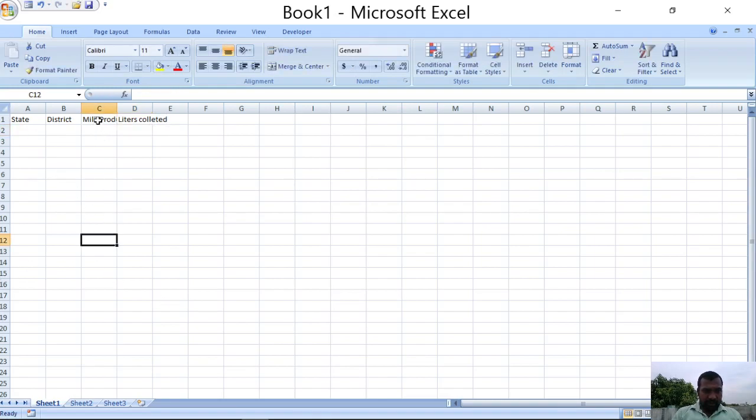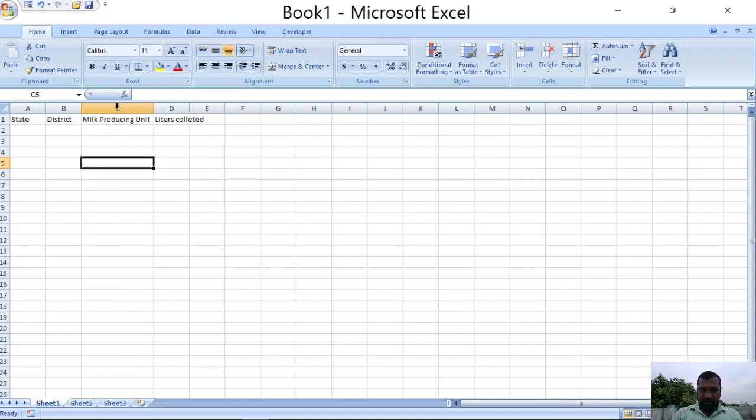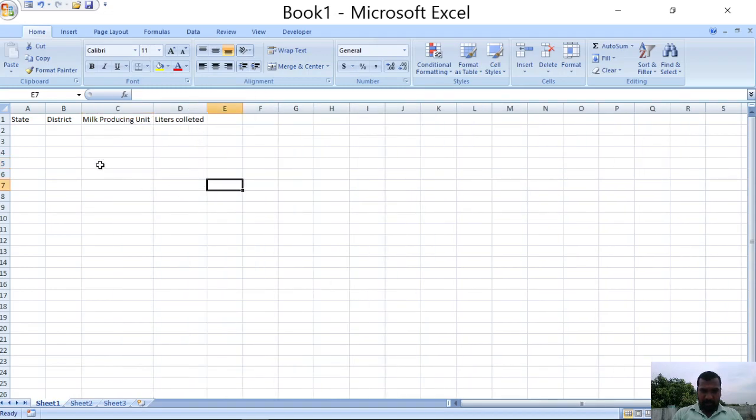So here the information that is available in column C is not displayed properly. So move on to column C and go to the column edge, click on the double arrow, then the information will be displayed properly, right?